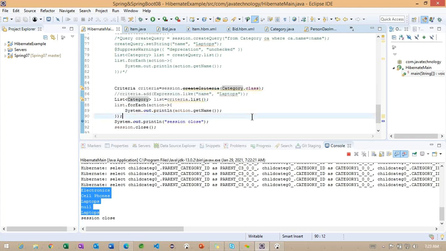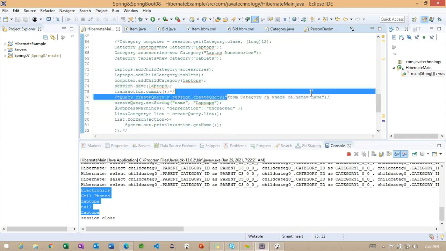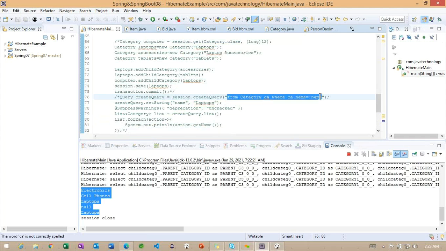And coming back to HQL, someone asked one question: how can we work on a specific column? To work on a specific column, you can add select CA dot name. CA is nothing but the reference of this object.